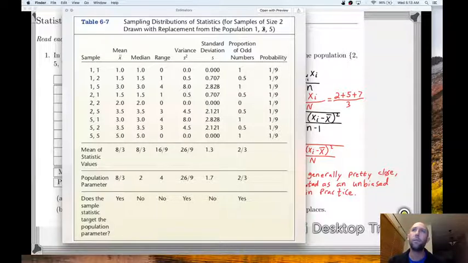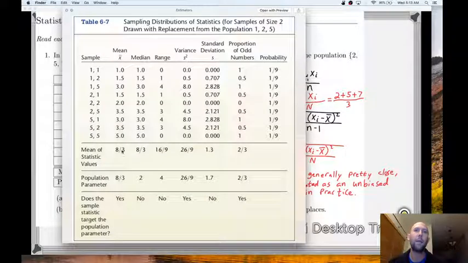They're working with a population here of 125 versus 257. They're doing the same thing: sampling with replacement and then computing all of the various sample stats, then taking the mean of all of those sample stats, and then determining the population parameters just based off the values 1, 2, 5,